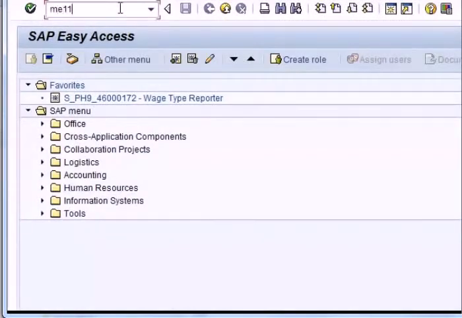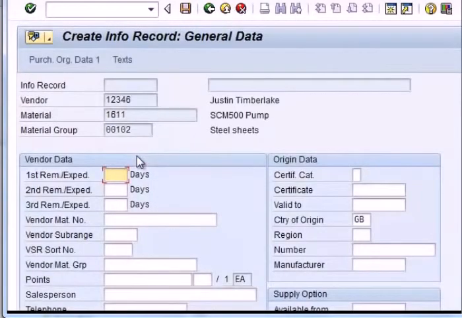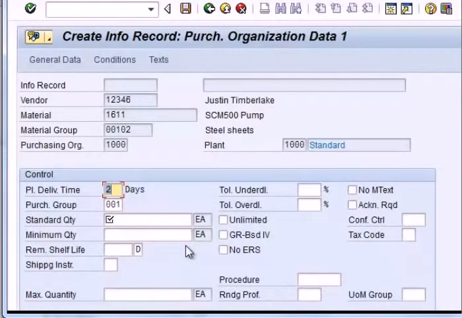To create a purchasing info record, the T code is ME11. You give the vendor number, the material number, the purchasing organization, and the plant. Press enter, and this takes you to the first screen, which is the general data screen. You can give some information as you feel necessary. Here the important information is the planned delivery time, which is 2 days, and the standard quantity, which will be